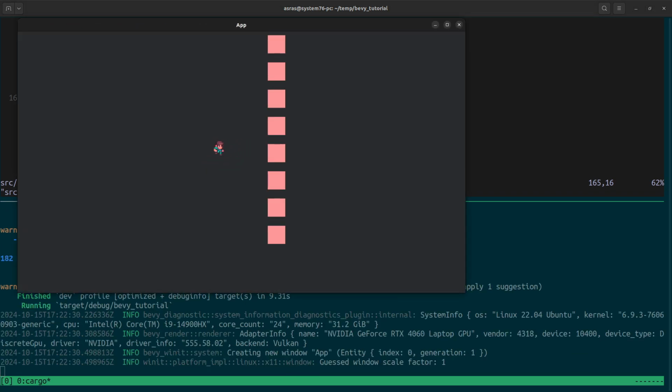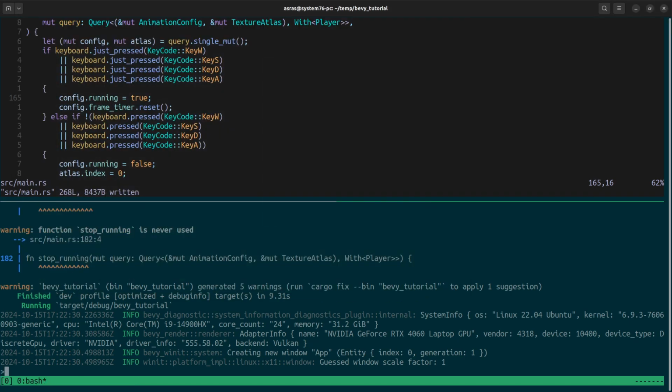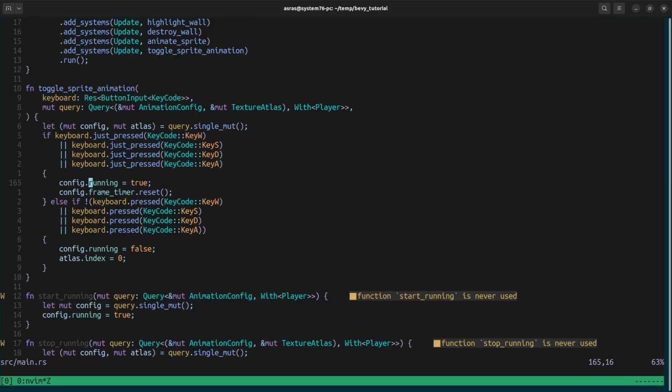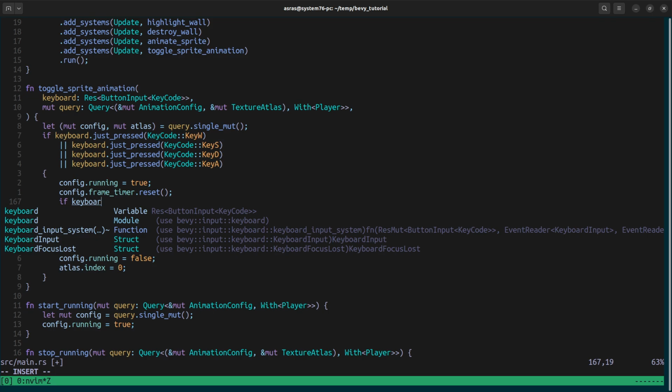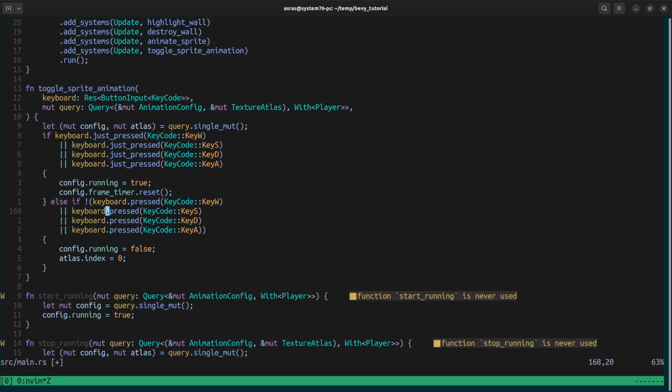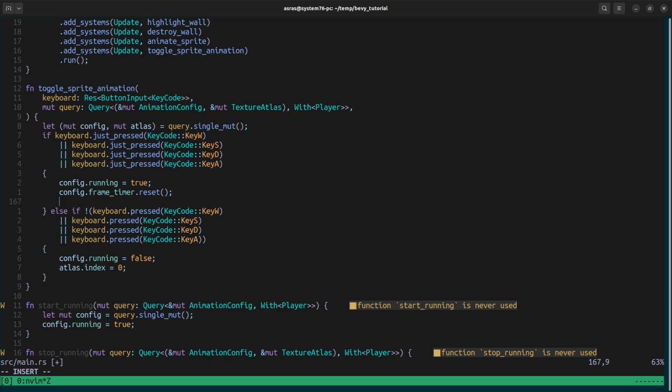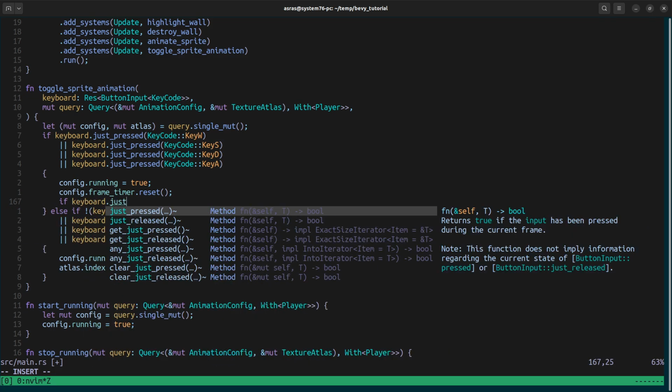Now he's animating when we move it. But now we can add some handling for what happens if you're moving left. You can see it looks like he's running right, but we're moving left. So I think we should do something like, if keyboard... well, maybe we can do it in just pressed. Let's try it. So if keyboard.just_pressed,